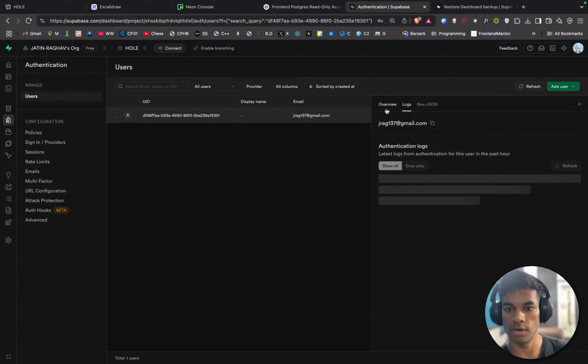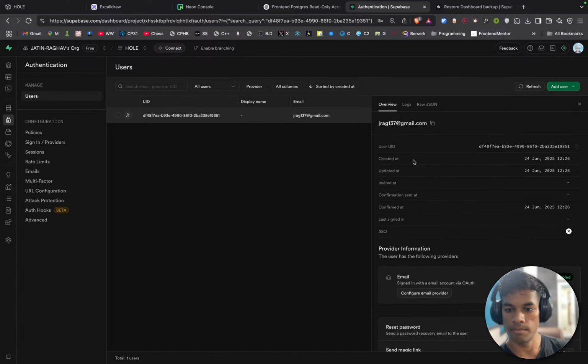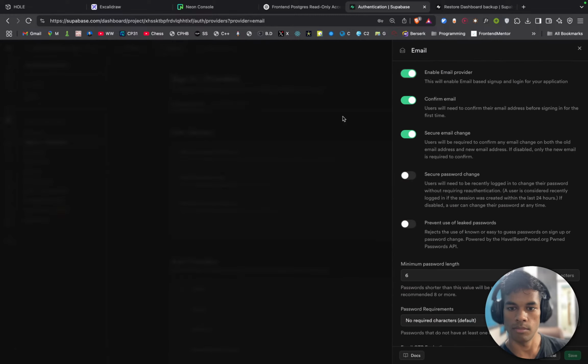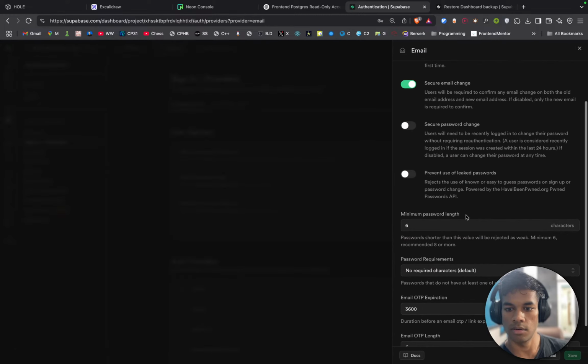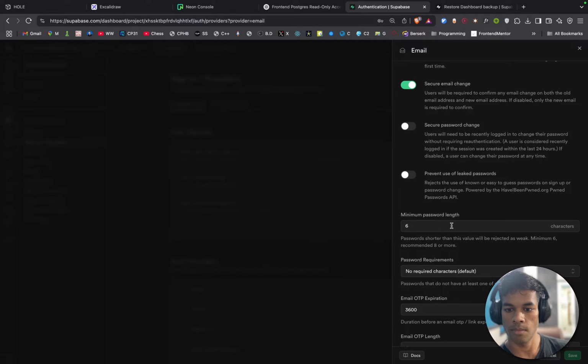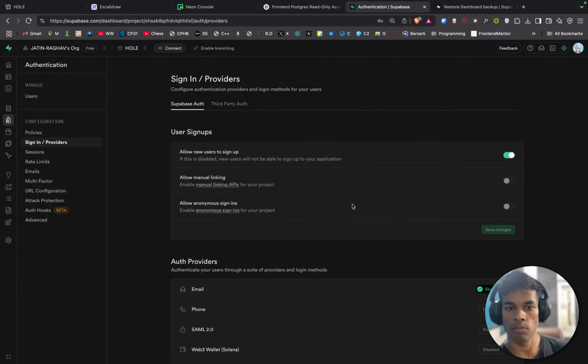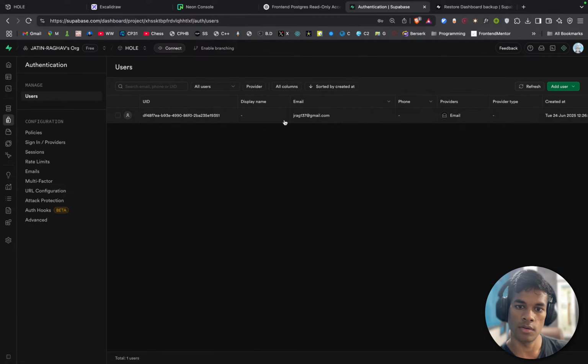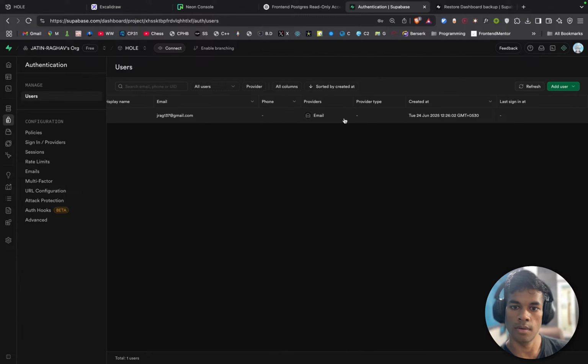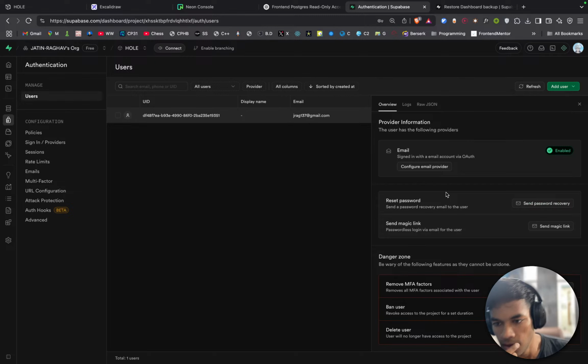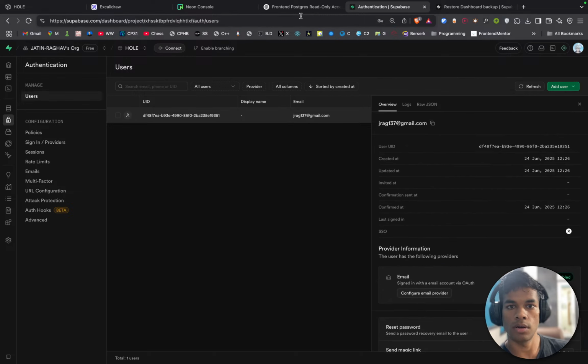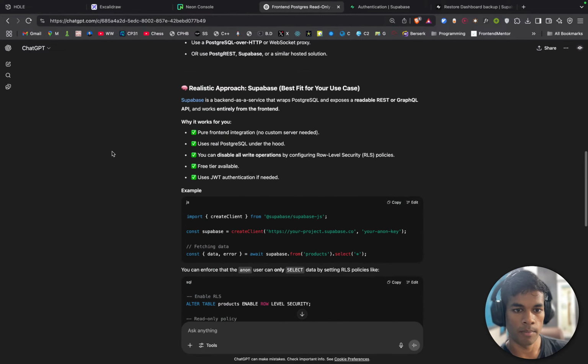This user has not done anything, so yeah, logs are empty. Configure email. No. Policy, users. How do I do that?